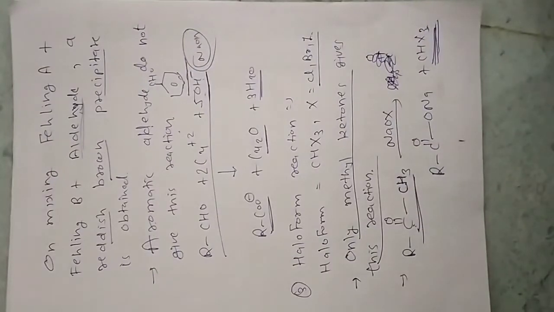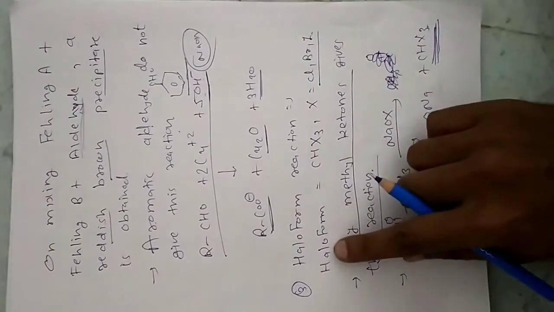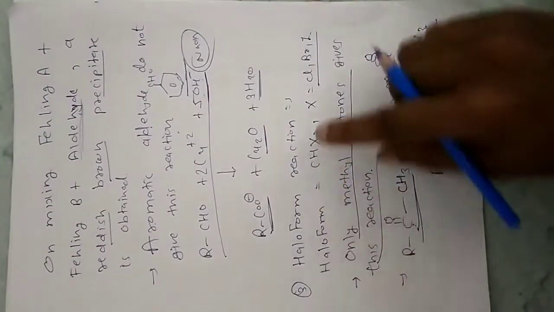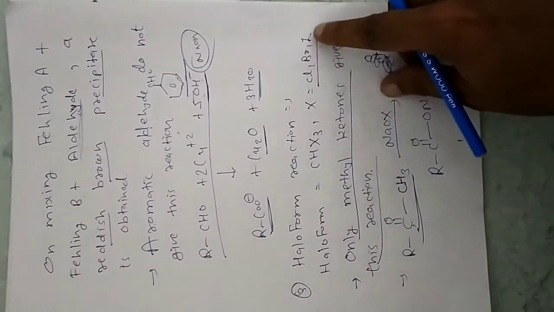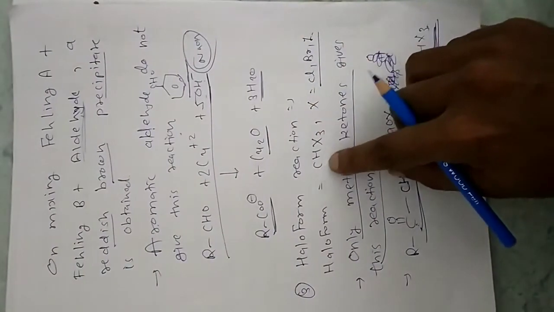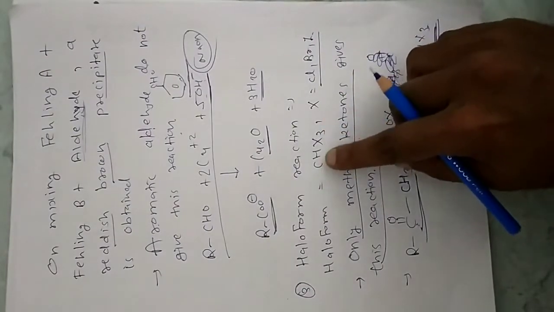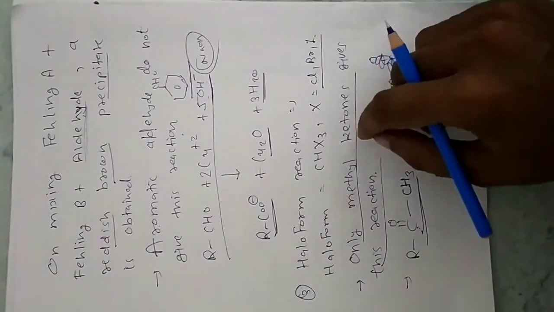So yesterday we were discussing oxidation of ketone and alcohol. In that, the last oxidation left is the haloform reaction. Now what is haloform? You have heard about chloroform, iodoform. So haloform is CHX3. Here as X you can take Cl, Br or I. If instead of X we have Cl, this formula is CHCl3, then it is chloroform. If instead of X we have I, CHI3, then it is iodoform.